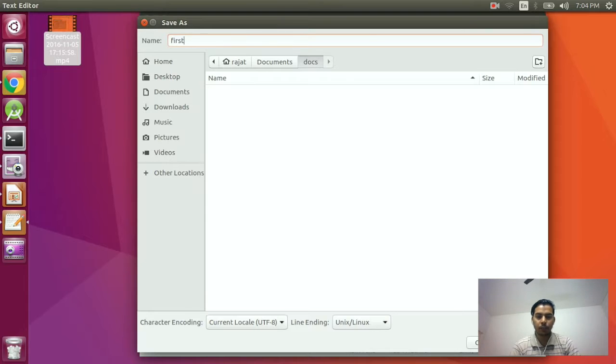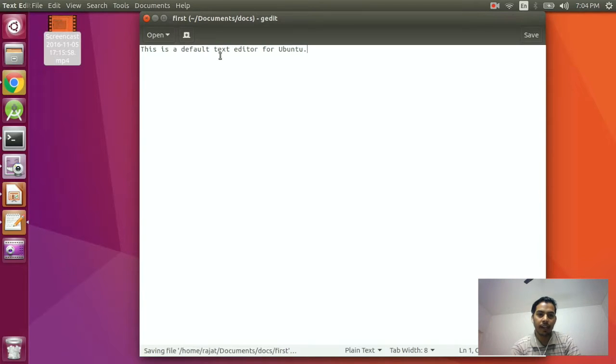Files can exist without extensions in Unix systems. So we are going to name it as first without any extension. There are certain settings and we don't have to worry about those settings as of now, and just press Save